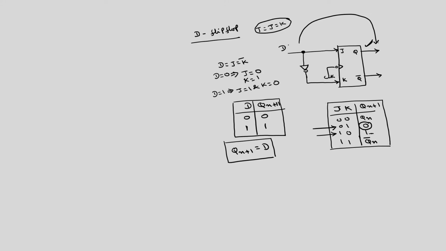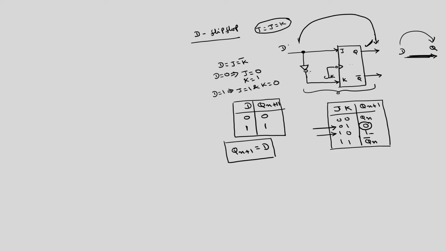Okay. Then the question arises, what is the use of this circuitry then? I can simply connect this D line and Q line. This is D input and this is Q output. If I short these two, this will transfer the D signal to the Q signal. That is what is happening here also. Okay. Then what is the use of this NOT gate, and inside this we have 8 NAND gates. We have discussed the circuit diagram of this master slave flip flop. So, what is the use of this NOT gate and these NAND gates which are present inside this JK flip flop? Because the function is simply you are transferring the D data onto the output. Okay. So, where will this type of flip flop be useful?